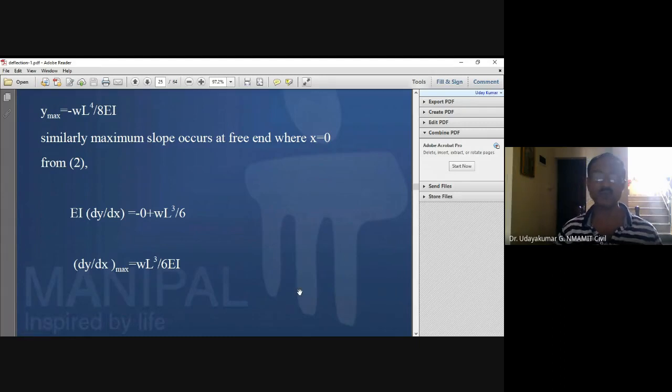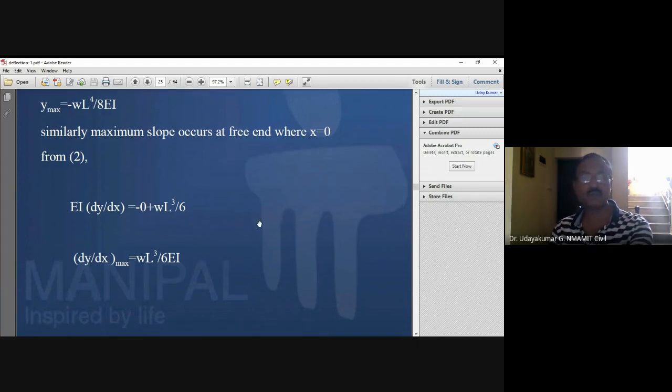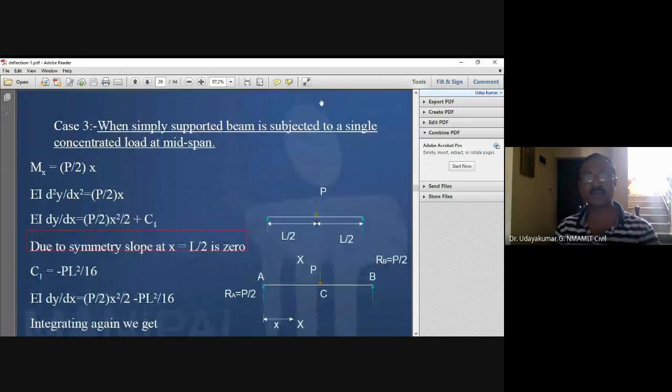So what you have to do, you make a tabular column for cantilever beam and simply supported beam subjected to point load and UDL. For the cantilever, it is at the free end only, whereas for the simply supported beam, the UDL is throughout and the load is at the center. Now consider the simply supported beam carrying the point load at the midpoint. The maximum bending moment is WL by 4 at the center.